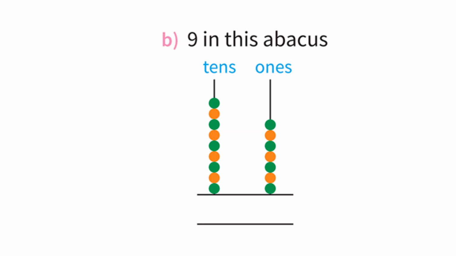So ones will not come here. Now see in tens column and count the beads. Yes, in tens column 9 beads are there. So what we will write here? We will write down 9 tens, or you can write down 90 also. Both the answers are correct. Okay. So you learn in both the ways.